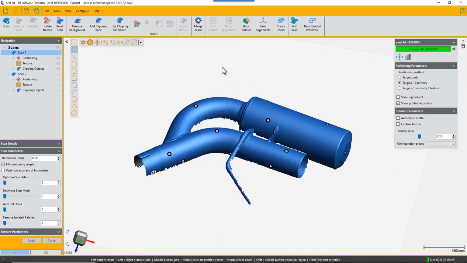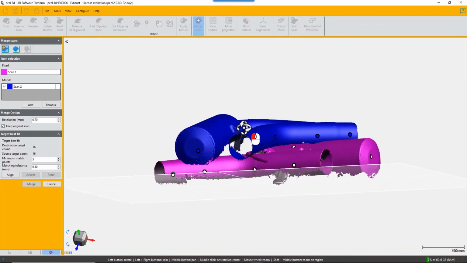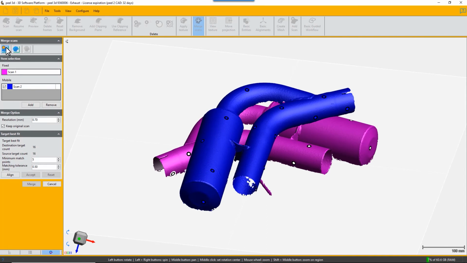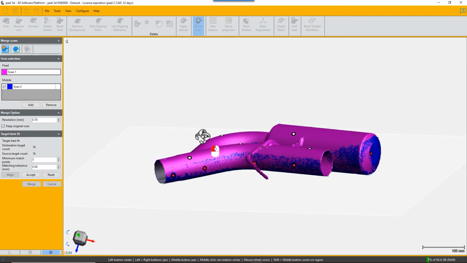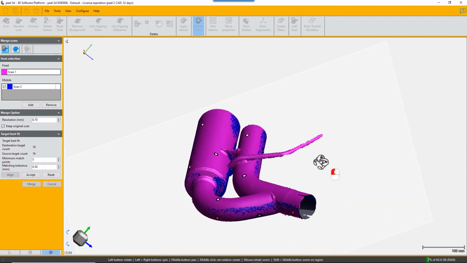So here we're going to merge two scans of the same object. You choose merge scan, and you choose to merge scans by targets, and you can set the number of common targets you want. You keep your original scan and choose align, and it has discovered, they turn red, 5 targets